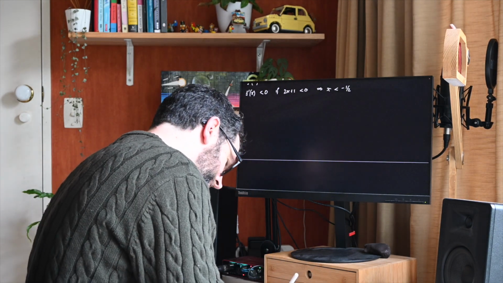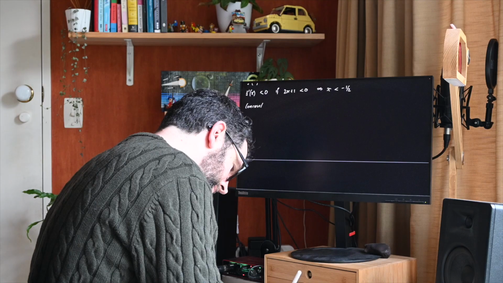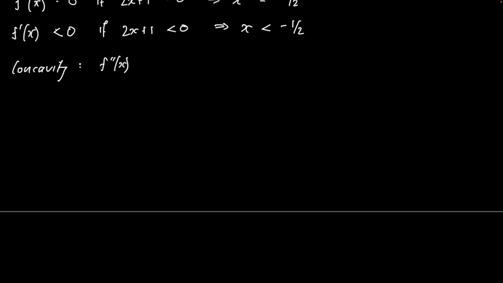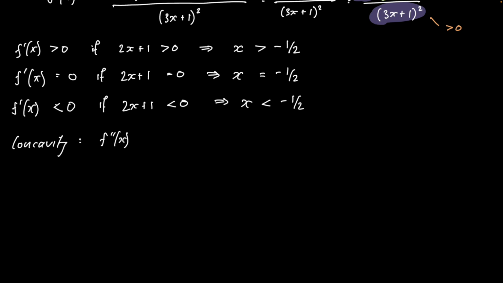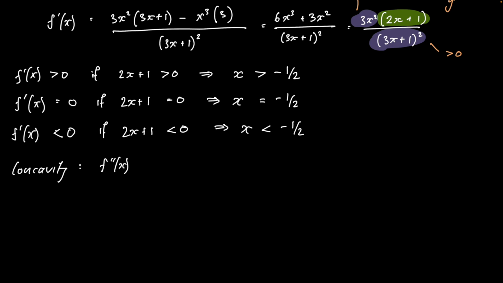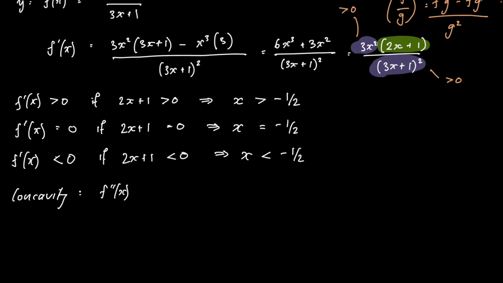Concavity involves f double prime of x. So we're going to need to calculate that before we go any further. So let's just grab our f prime of x working, because we're going to need that. I'll just copy paste